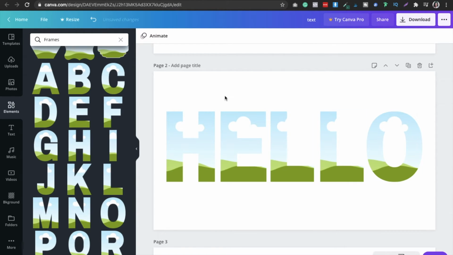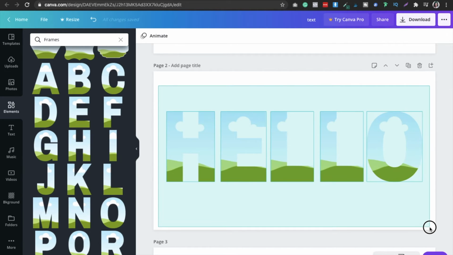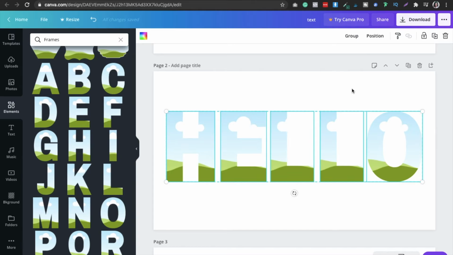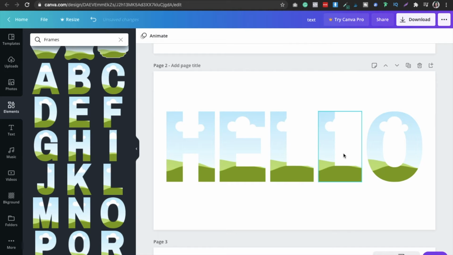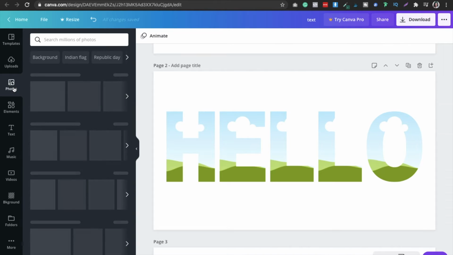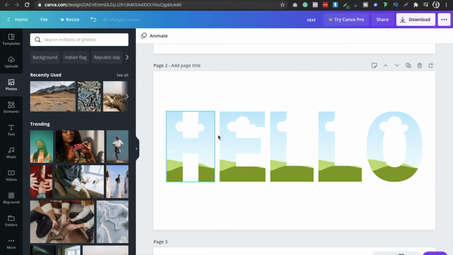Once you do that, you have to slide it, then it will get all selected at once. Then go to the position and select horizontal. This will make sure that the spaces are chosen correctly. Now go ahead in the photos and select the photo that you want in these frames.